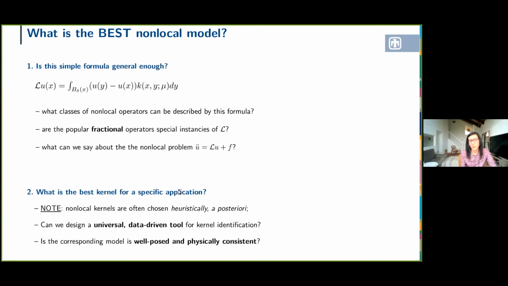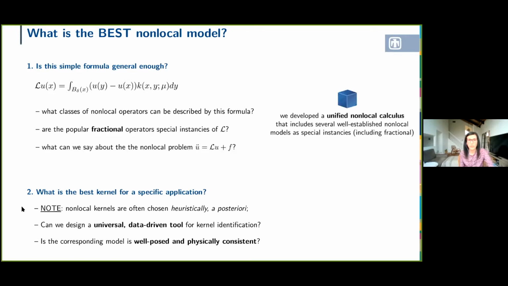Now, in the models that we use, this is usually chosen heuristically. It's chosen a posteriori or depends on lab testing. So the next question is, can we design a tool, a data-driven tool, to identify the best kernel? So the answer to the first question is actually going to help answering the second question. And this is the very first part of my talk, which is the development, the design of this, what we